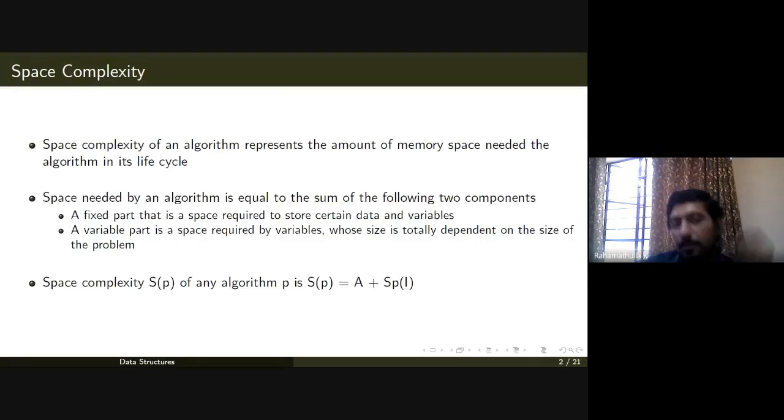In the last class we have seen examples of the space complexity and time complexity of some very small algorithms or programs. The space complexity of an algorithm can be defined as the amount of memory space needed by the algorithm in its life cycle. In the last class we discussed the life cycle of an algorithm, or the system life cycle. The space needed by an algorithm